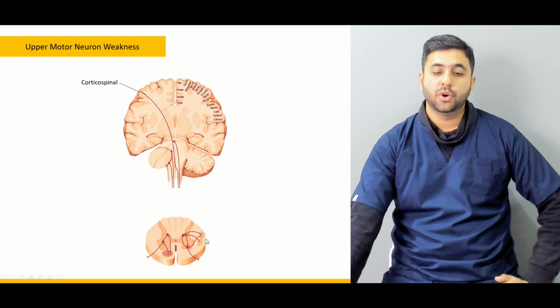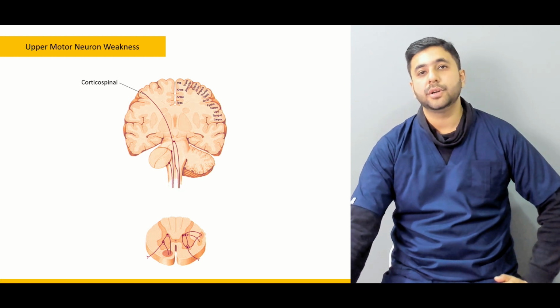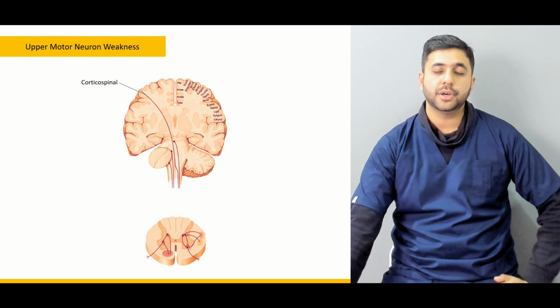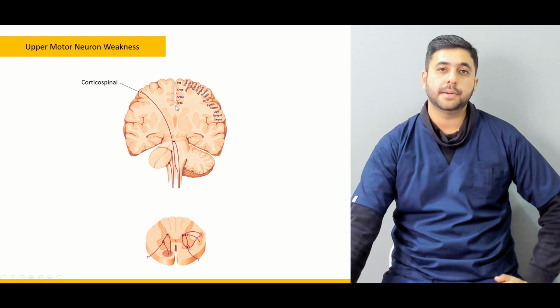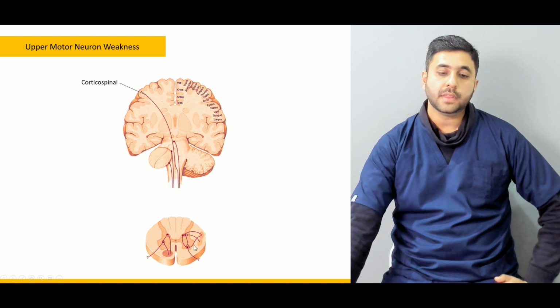And here in the lower part, at the level of the spinal cord, you can see the lateral corticospinal tract makes connections with the anterior horn cells. The anterior horn cells basically signify the lower motor neurons. So we can clearly demarcate the upper motor neurons from the lower motor neurons. Upper motor neurons are the ones present in the cerebral hemispheres or the cerebrum. And the lower motor neurons are the ones present in the anterior horn cells of the spinal cord,